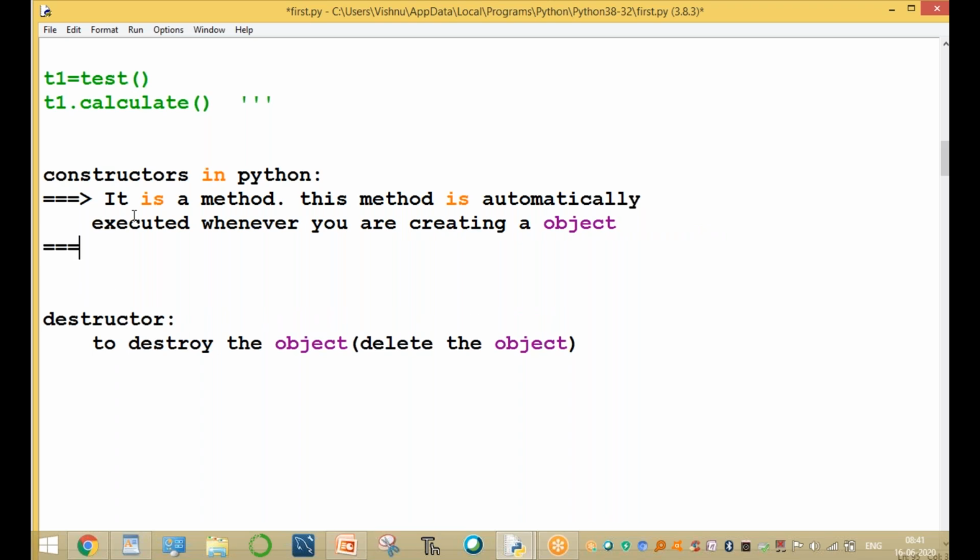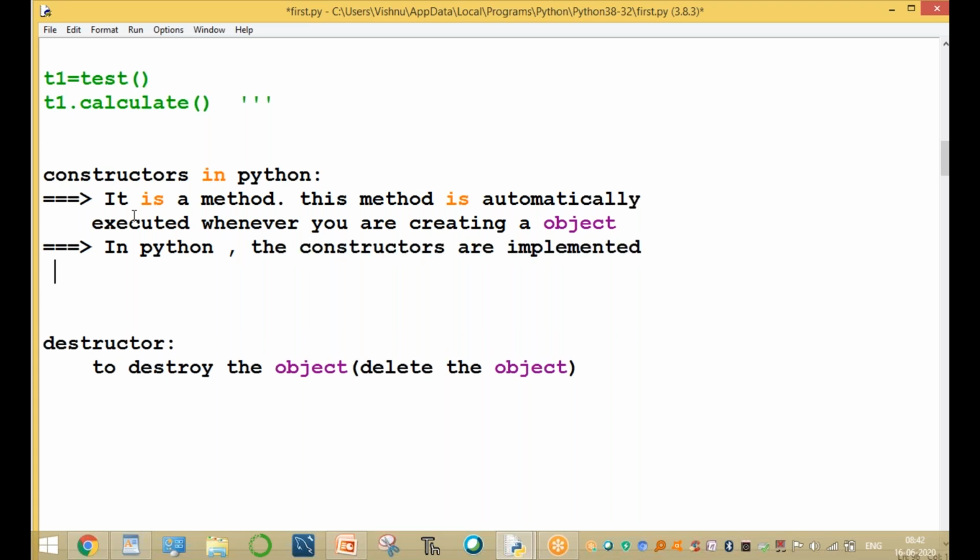In Python, the constructors are implemented by using a method.